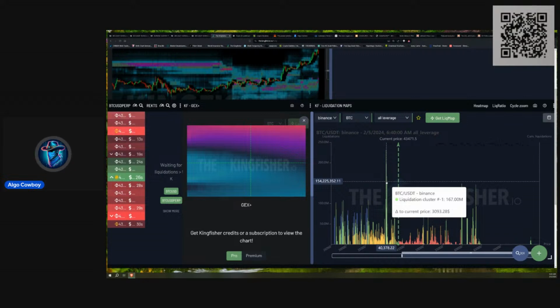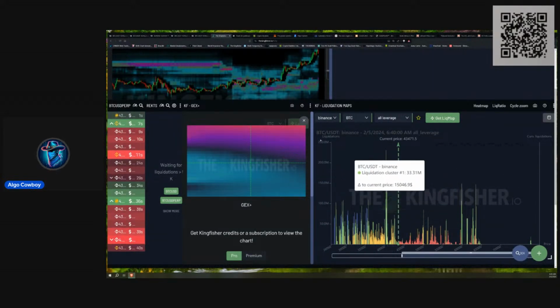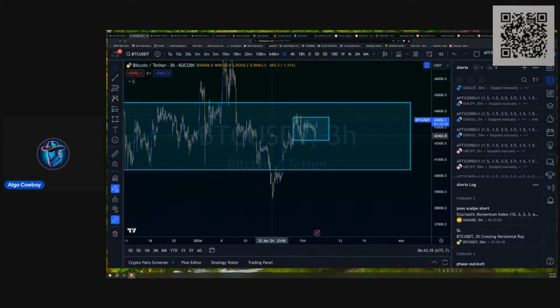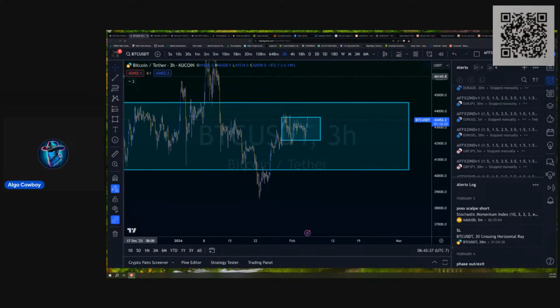And price does want to go towards that, but it's not going to do that if the charts favor a move to the upside. The charts actually have to favor a move to the downside to grab that liquidity. Now, until price actually breaks out of this larger consolidation, I am of the opinion that we will see that liquidity get grabbed, which is down at 40,300, which is really just the bottom of this consolidation. There's a lot of liquidity down here.